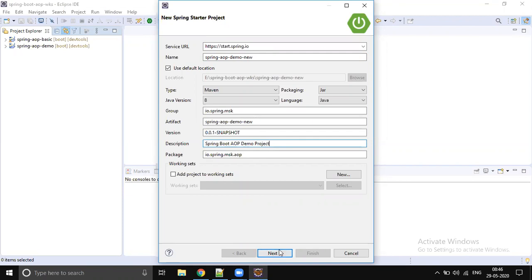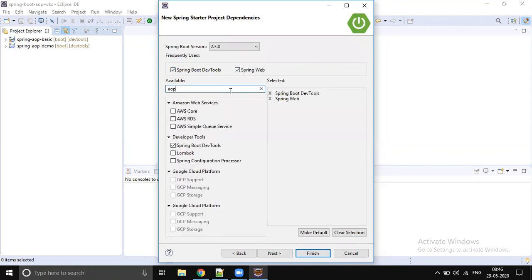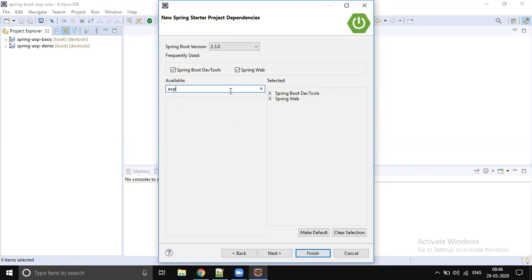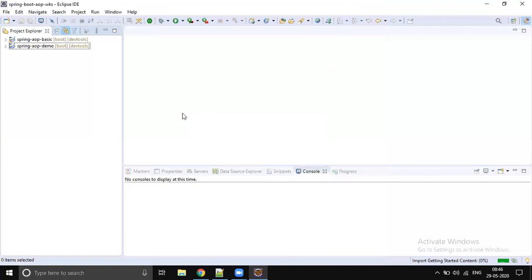Next, let's add dev tools and web. There is no separate dependency called AOP, it's not required, so web is enough. Let's click next and finish.